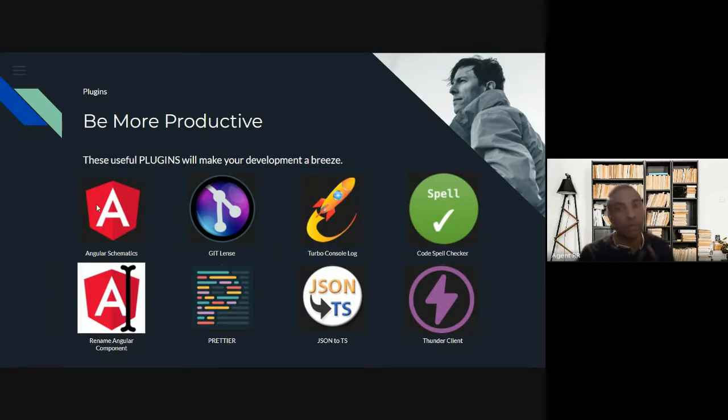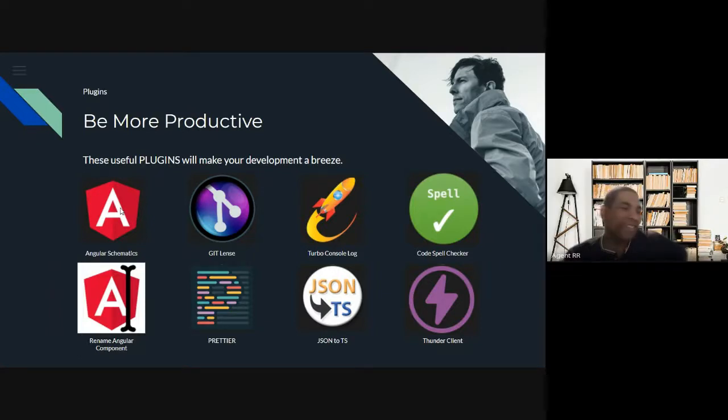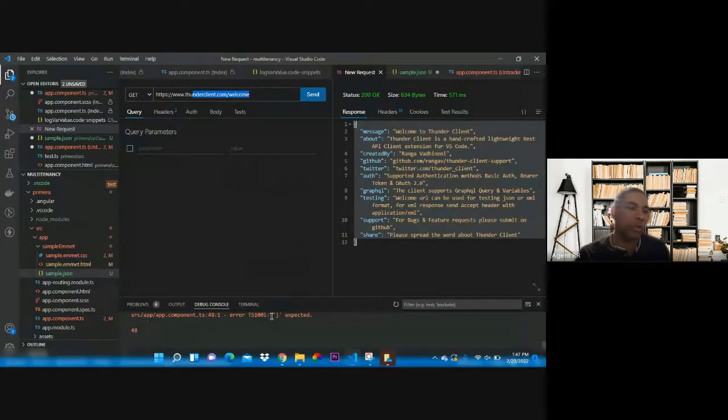And last but not forgotten is the Angular schematic and Rename Angular Component, which was Tom's favorite, right? Rename Angular Component, which is a good plugin. And thank you, Tom, for providing that. Thank you. I'm working on an update currently to support NX workspaces as well. Oh, nice, nice. So with the Angular schematics, you no longer have to go into the CLI and type your ng commands. You can just do it from the actual